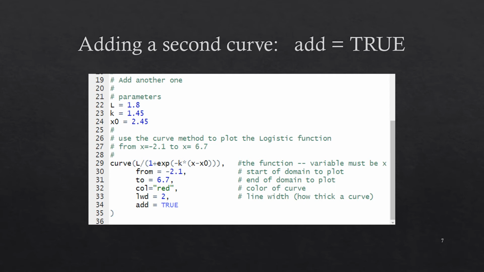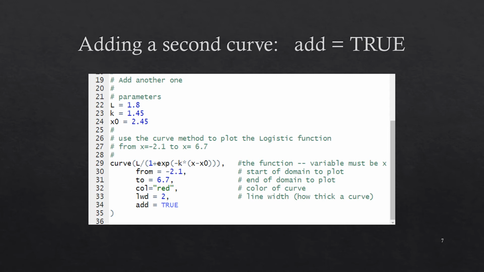So I'm going to draw a second logistic function, but I'm going to include it in the same plot as the first one. So from line 20 to 24, I'm just defining a new set of parameters, and then in lines 29 to 35, I'm showing the curve function, and I'm adding one more argument at the end, add equals true, and that means to take whatever plot result you might already have and then